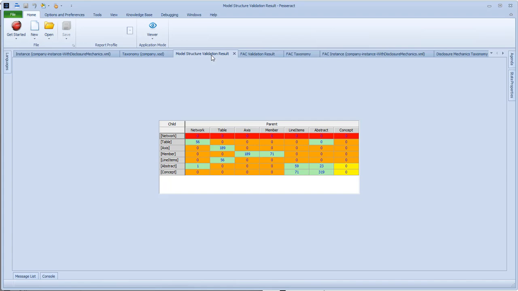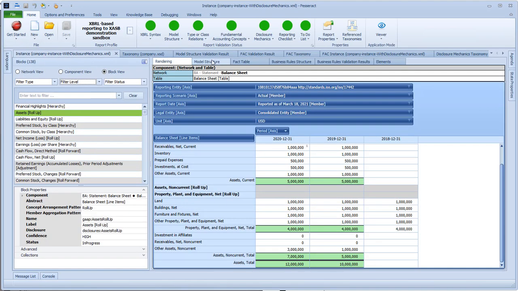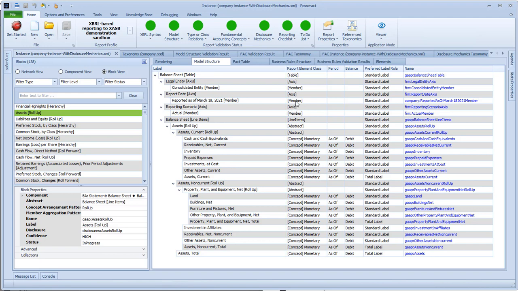The model structure validation rules, you see, it has relationships between the parent, network, table, axis, member, line items, etc., and the child. And you have to use the correct representation. So here, you cannot use a member down here as an abstract concept to then hook these other concepts to, which is a mistake that many SEC filers make. That's the purpose of this set of rules. And then the XBRL syntax rules,